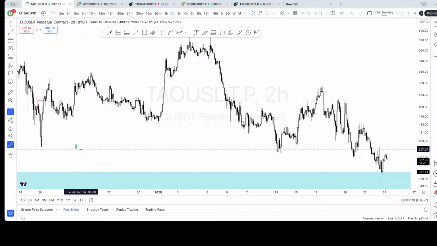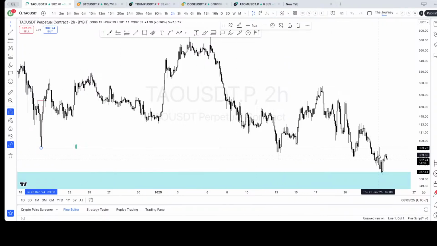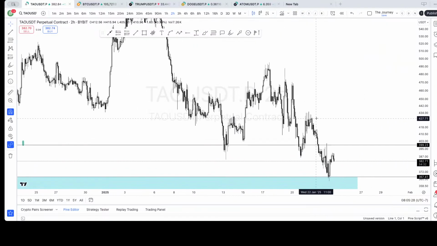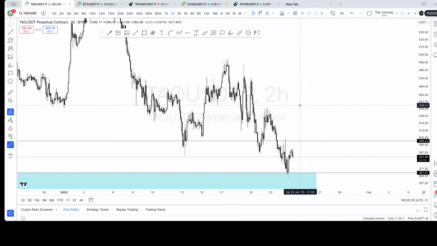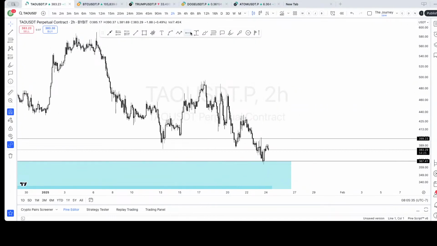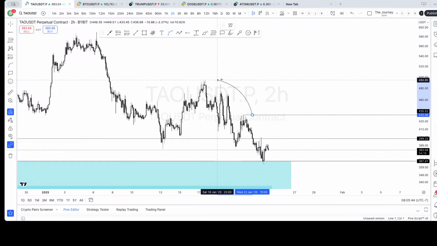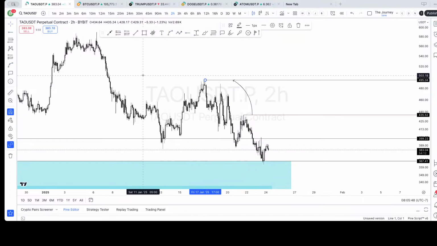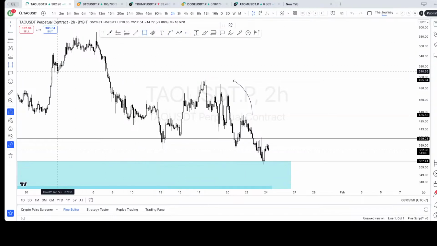First and foremost, I want to see price back above $400. So we're on the 2 hour. All right, break that. I'm going to start flow charting this because it's going to help my brain. So a break of this is going to equal a run on this. It's going to equal a run on that. A break of that is going to equal a run on supply.